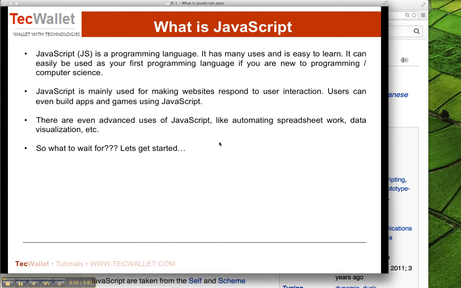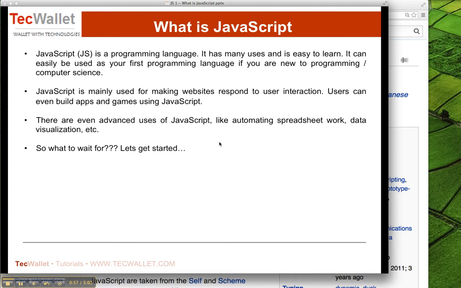So JavaScript is a high-level dynamic programming language. By the word dynamic, what I mean is it is dynamically typed. It is not compiled, it is instead an interpreted programming language. If you don't understand all these words, it's completely okay for the time being. Dynamic programming languages are also known as scripting languages in an informal way. So if you hear of scripting languages, these are often dynamic languages, and JavaScript is one